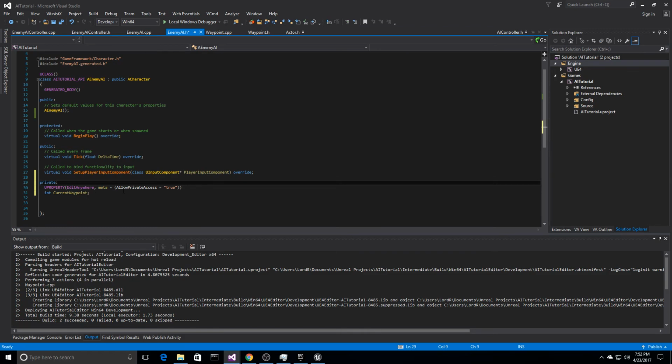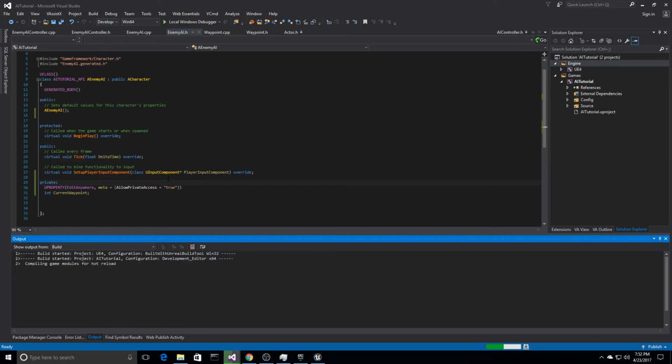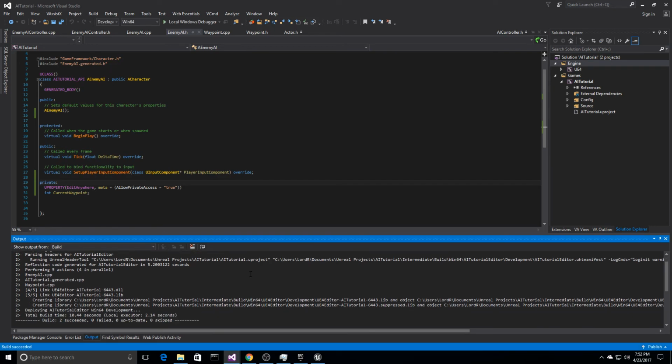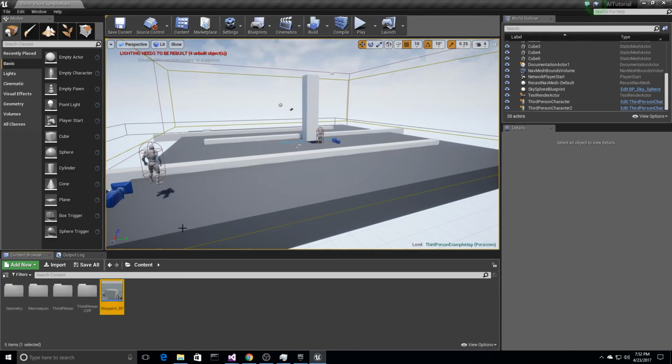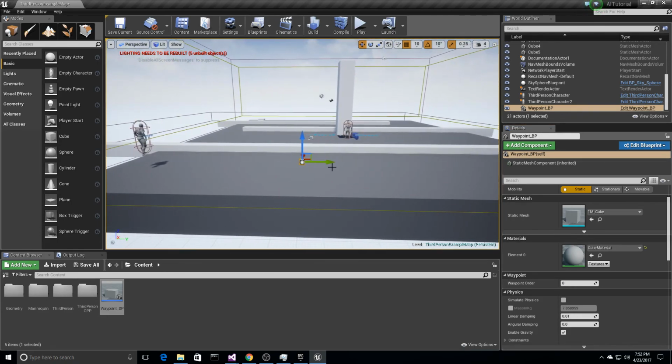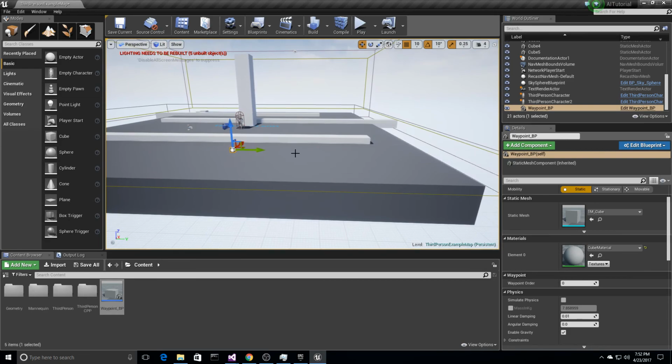And now let's go ahead and build. And I'll try not to build too much during this because it takes some time. But I just want to show you that we can now set these in the editor. So if we look at the waypoint now, if we drag this out, you actually have a waypoint order now. So the way you'll do it, if you want him to run here first, like to the end of this path,